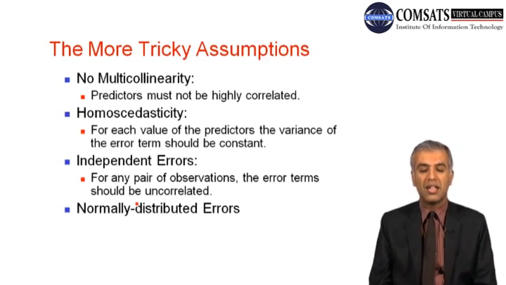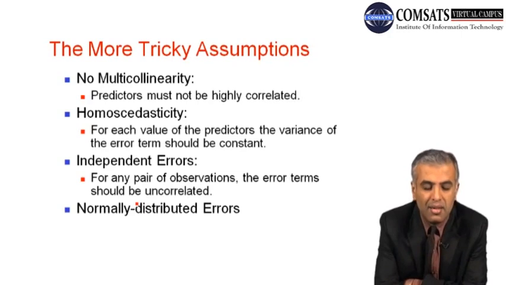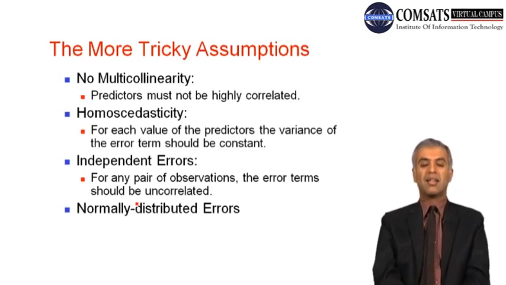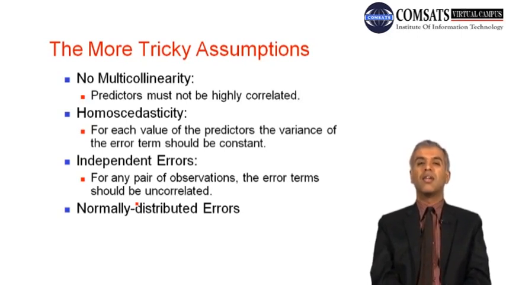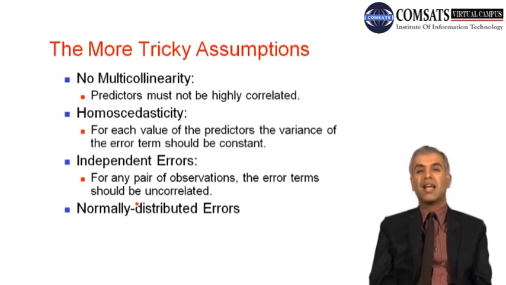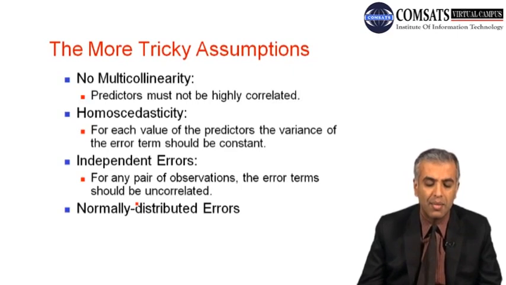Then there are trickier assumptions, which are technically more sound, and one of them is that there should be no multicollinearity. We have discussed that in detail: the predictors should not be highly correlated with each other, and that is very much desirable. In order to detect that, we use collinearity diagnostics, and there are various measures which help us in doing that. Then another trickier assumption is homoscedasticity,